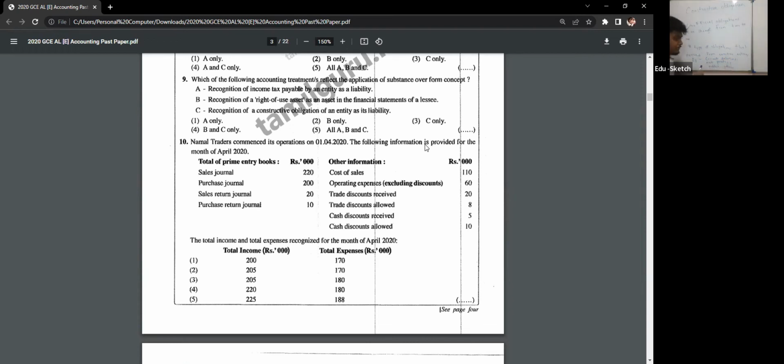Then I gave you 3 examples. Now these 3 types of obligations will create a constructive obligation. Like current, for example, I can go case